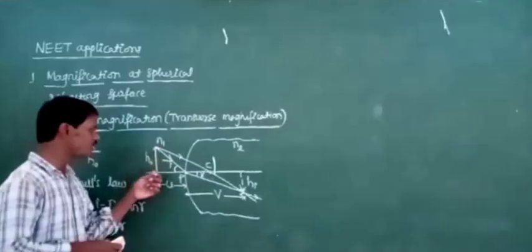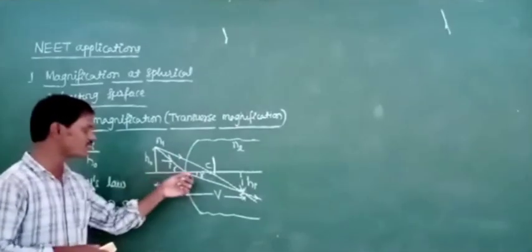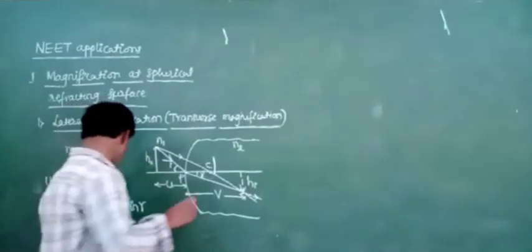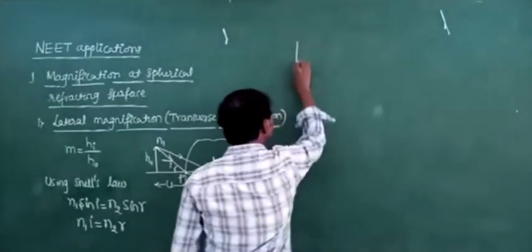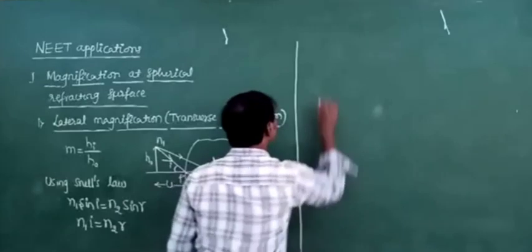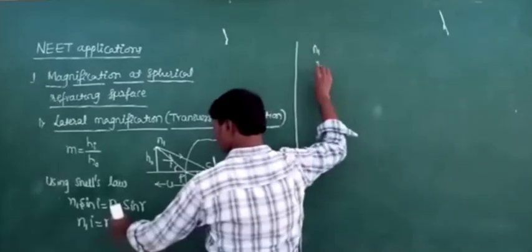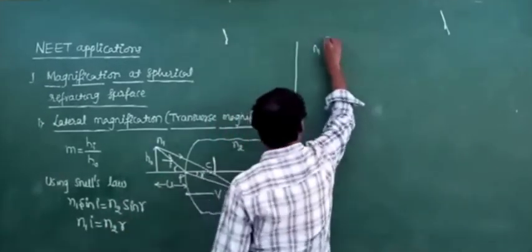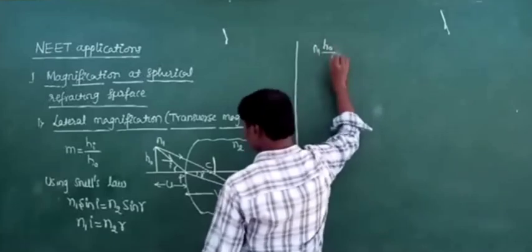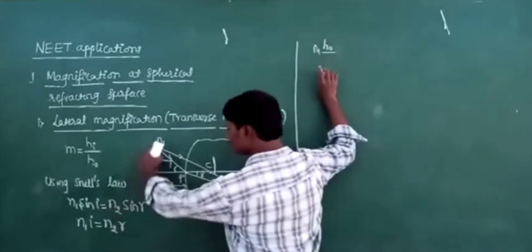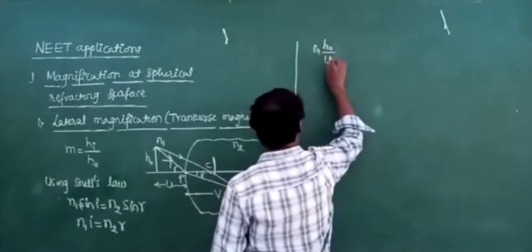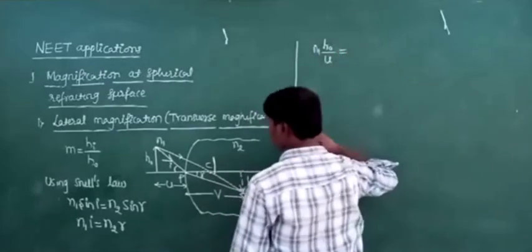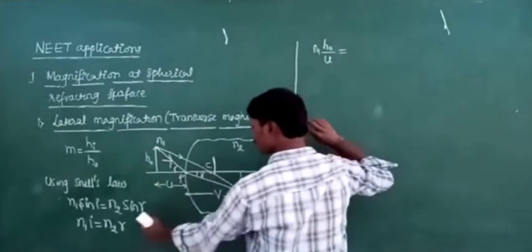What is the opposite side here? HO. What is the adjacent side here? U. So we can write n1 into i is nothing but HO by u. i is nothing but HO by u, opposite side divided by adjacent side. That is equal to...